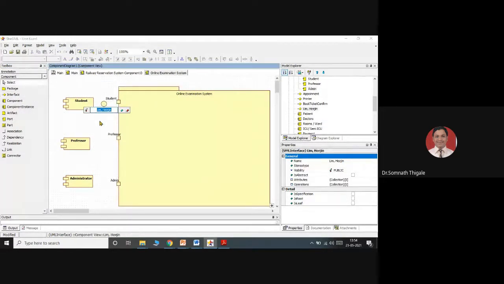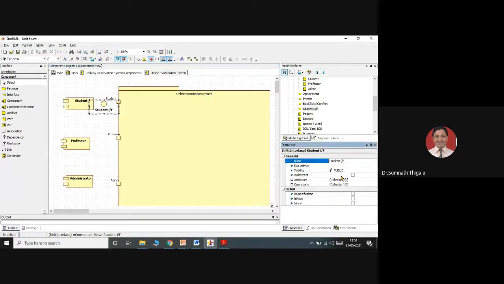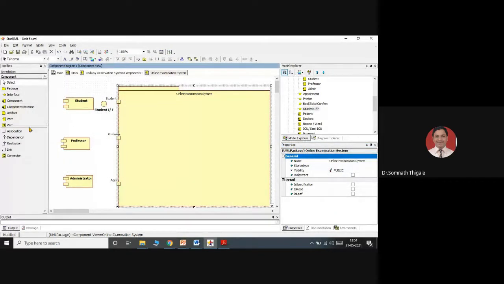So I'm considering this as an interface. I'm calling it student interface. The name I will use is student interface. Okay. This is the student interface. Student will interact only with this specific port.